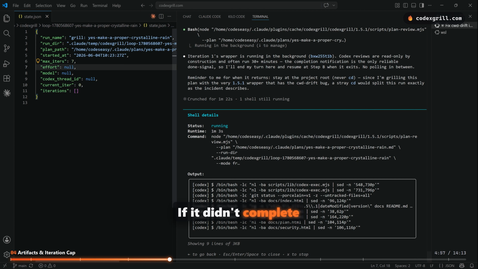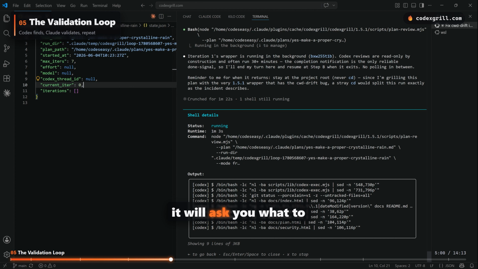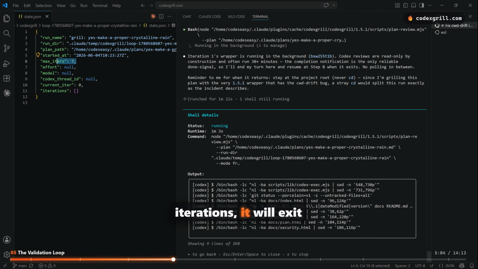If it didn't complete within 7 iterations, it will ask you what to do. If it completes before the 7 iterations, it will exit as soon as the iteration is completed. By iterations means Codex will validate the plan, and until the validation loop gets to a point where the plan is fine and okay to be run, it will keep on looping and it will keep on